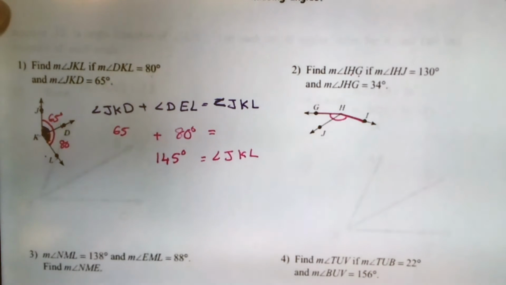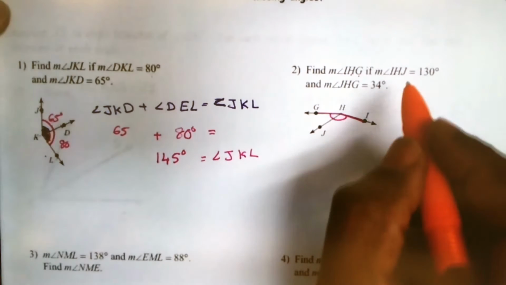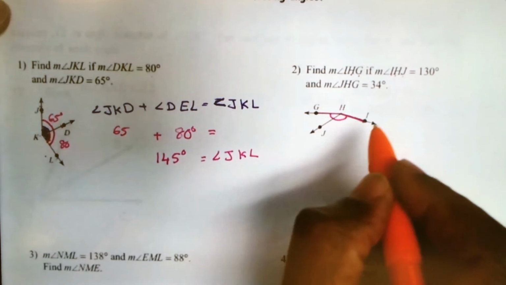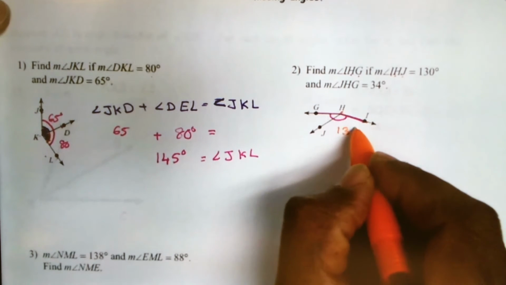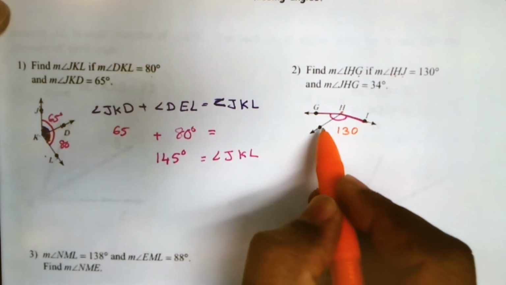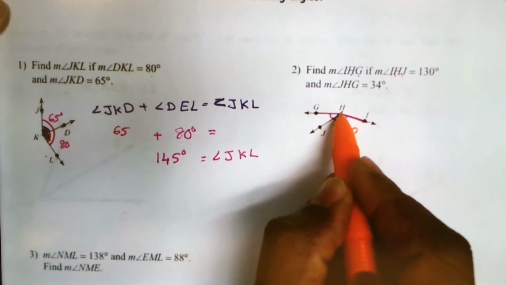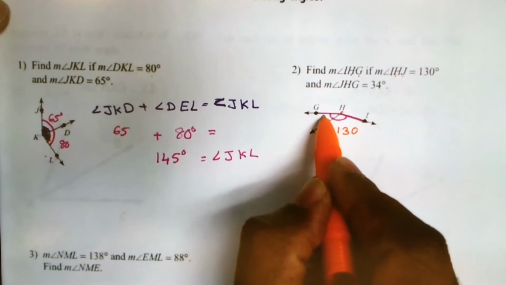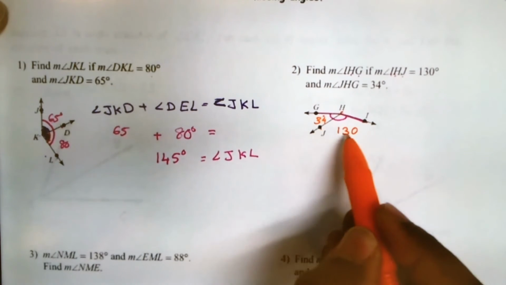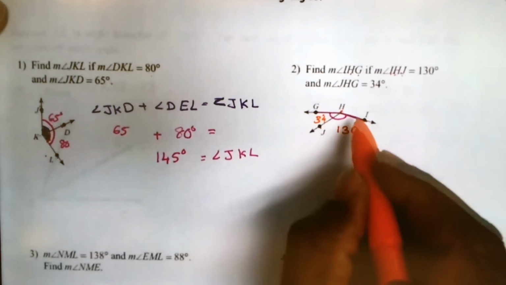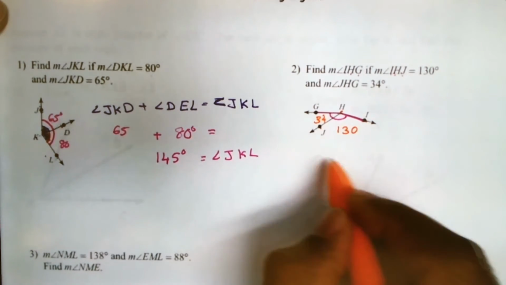That we need to figure it out. The question says that angle IHJ is 130, and angle JHG is 34. So I need to know how much is the big angle. I can say that if I add the small angle IHJ